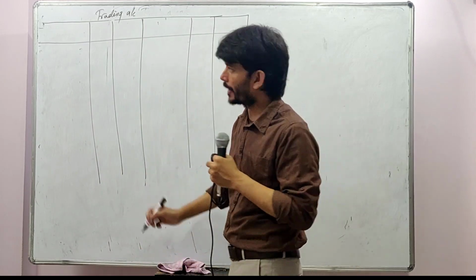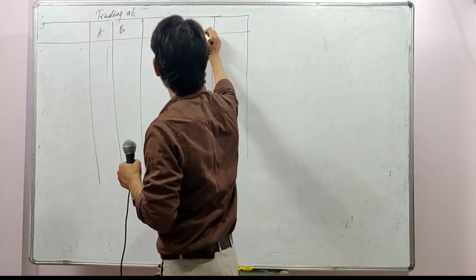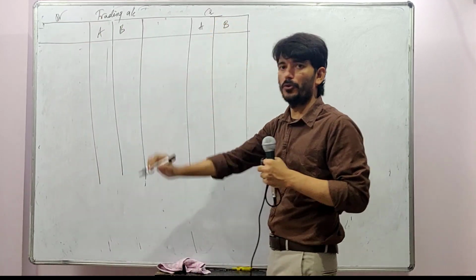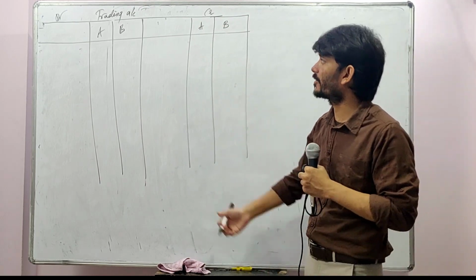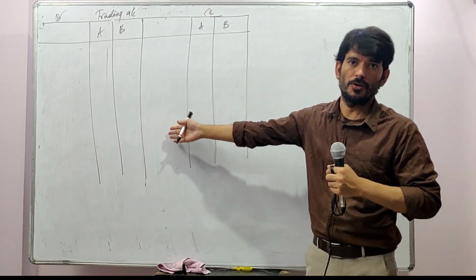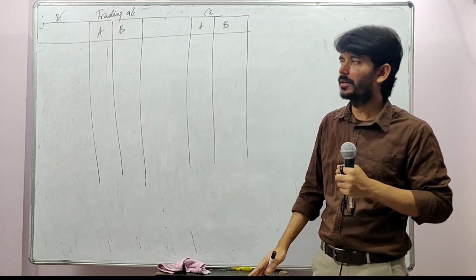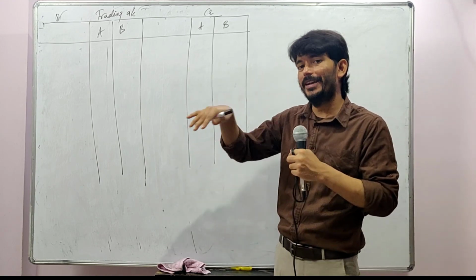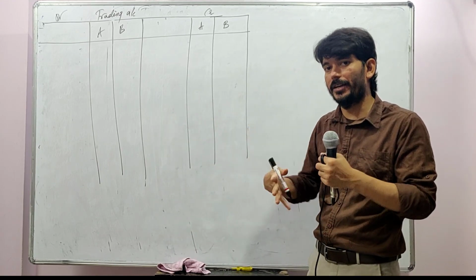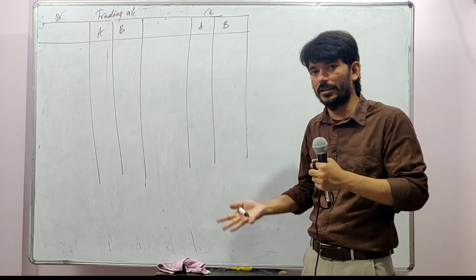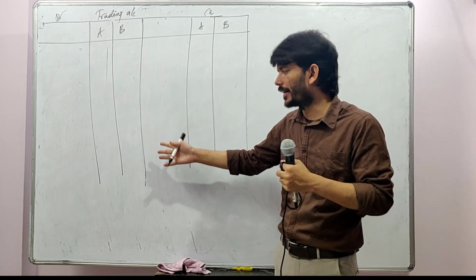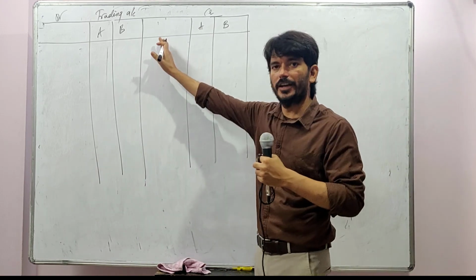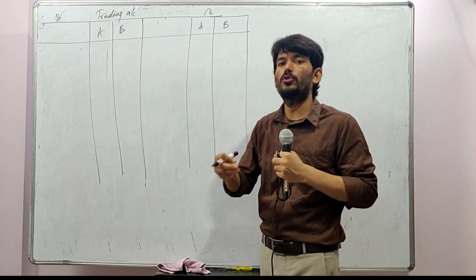How many departments are there? A and B. So this is A, this is B, this is debit, this is credit. One of you might ask me, sir, why are we not doing the consolidated there only? You can do it, there is no harm in that. But because there are so many multiple things, like A transferred to B, B transferred to A, again raw material, finished goods, again there is a return. So instead of writing there, we will write it separately as a consolidation. That is the easiest way of solving. If you write there only, it's absolutely fine, but it will take some 2-3 minutes more to solve.